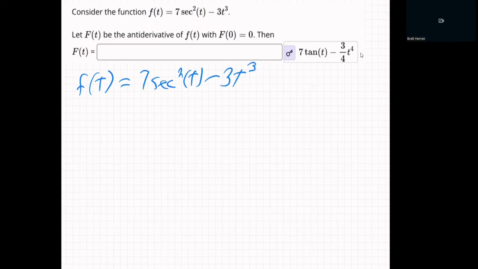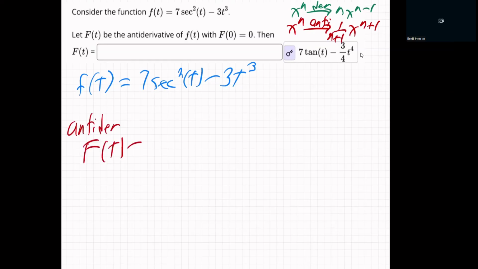Well, you remember the derivative rules go like this. If you have x to the n, the derivative is n x to the n minus 1. The anti is the opposite. So for the antiderivative, you actually add 1 to the power instead of subtracting, and you multiply by 1 over that number in the front. Okay, so anyway, we want the antiderivative,